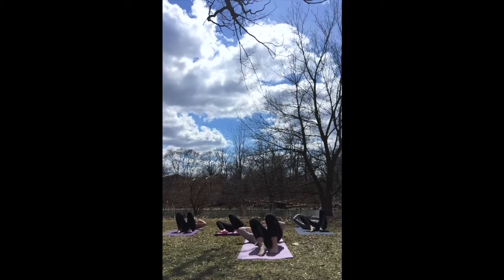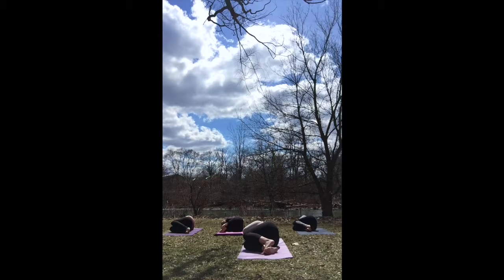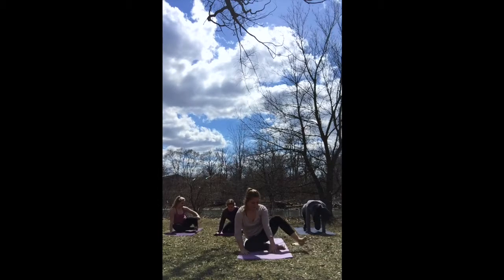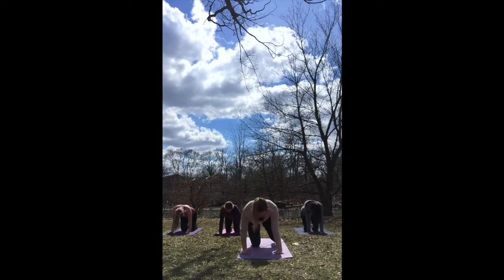and just have a moment here. You can come up when you're ready into the seated position, and then slowly bring ourselves into tabletop. Here we have our hands and knees flat on the ground and feet relaxed. We're going to spread our fingers and come into cow